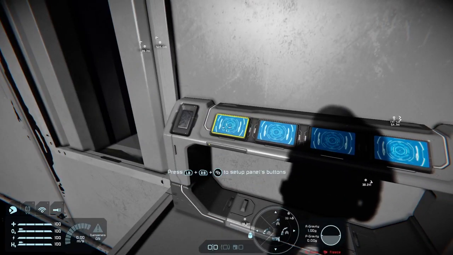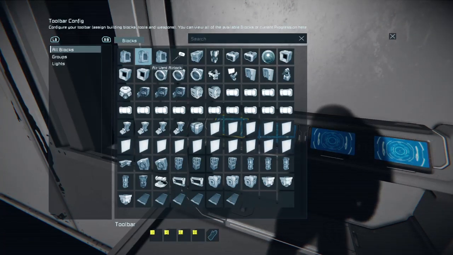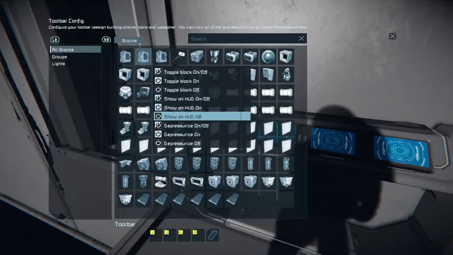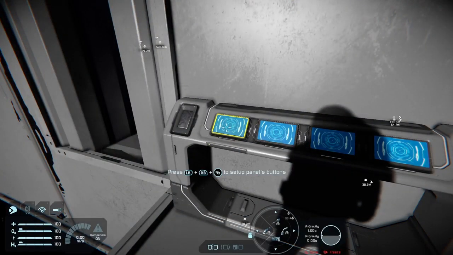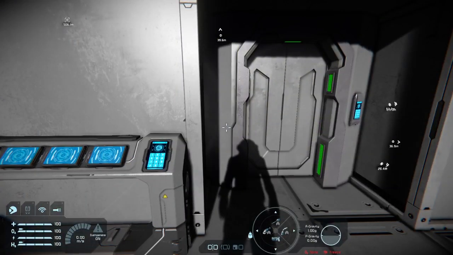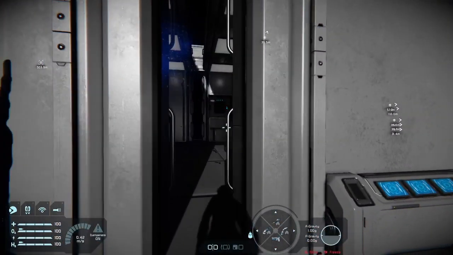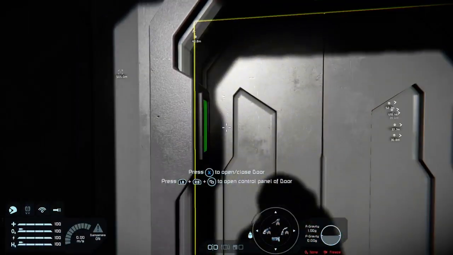We can go here, go to the button panel, and just simply do this. Depressurize, on off. There you go.